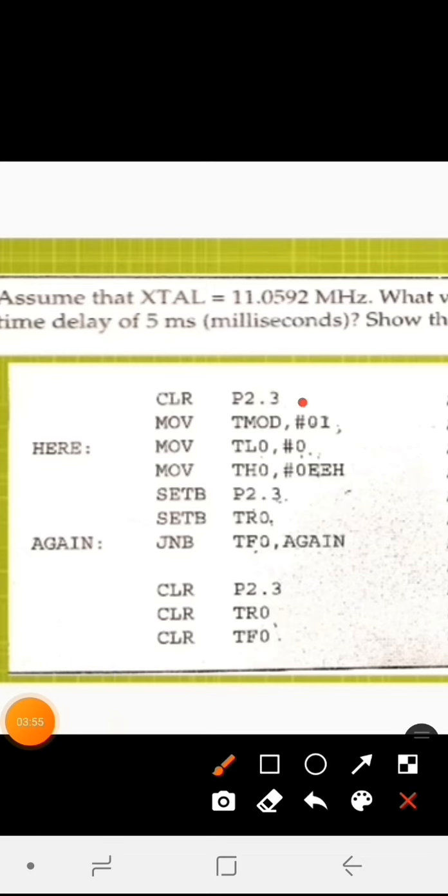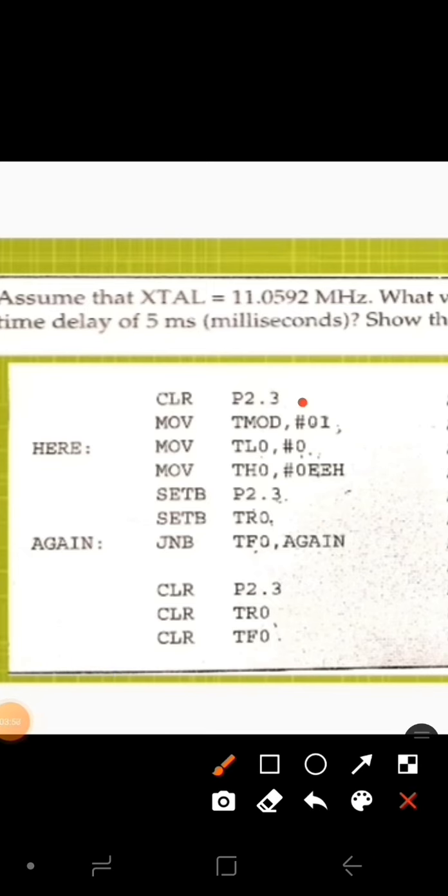Initially we have made port 2 to be 0. Then we are using timer 0 and mode 1. Then we have loaded the initial values into TH and TL; just now I showed you the calculation where we got EE and 00. Now we use SETB so that we can make this port 2 high so that it can take the input. Since we are using timer 0, we use the bit TR0, which is the run control bit, so that you can start the timer. Then we keep checking the overflow flag, that is TF0, so that if it is set, that is, if it becomes 1, then we have to stop the timer, right?